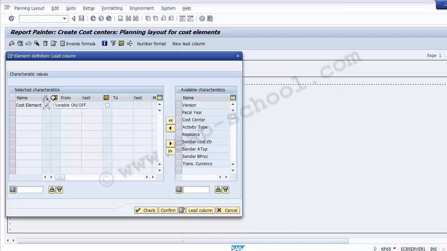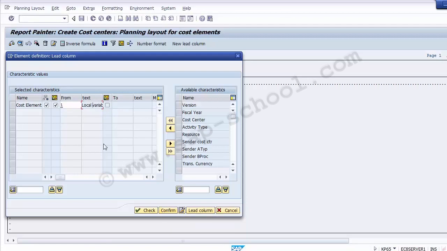Second, you need to go to variable on and off. So we need to select the variable over here. Once we have selected the variable, you will find from the list of options that there is one option which has been taken. That is what you need to take over here. So once you have selected cost element from the right to left, and then selected the hierarchy, and then the variable on off, and then from one will be there, that is the local variable. And now we can move to